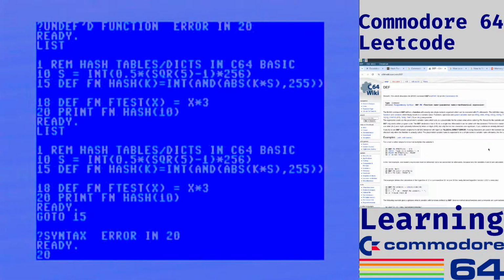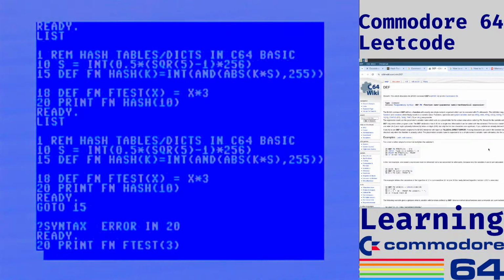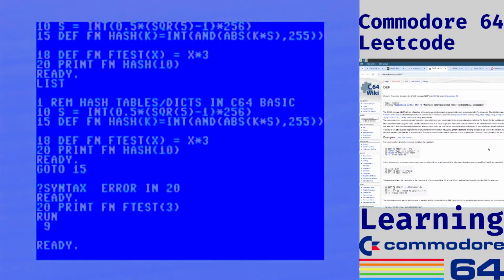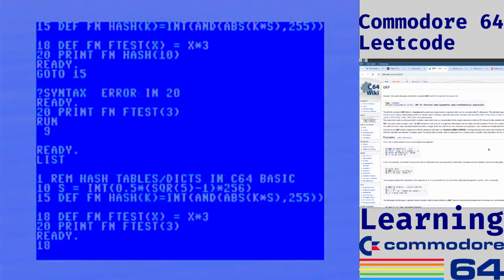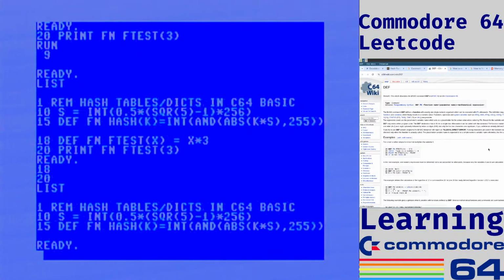Let's do 20 print FN ftest 3, run. Okay, it prints 9. Okay, so that means we know how to DEF a function. But let's keep going. So let's clear line 18, clear line 20. Okay, let's change line 15 to DEF FN hash value of k, and it's going to be equal to INT,